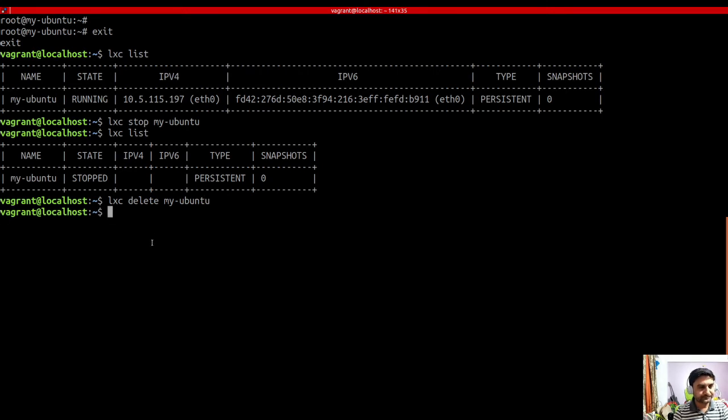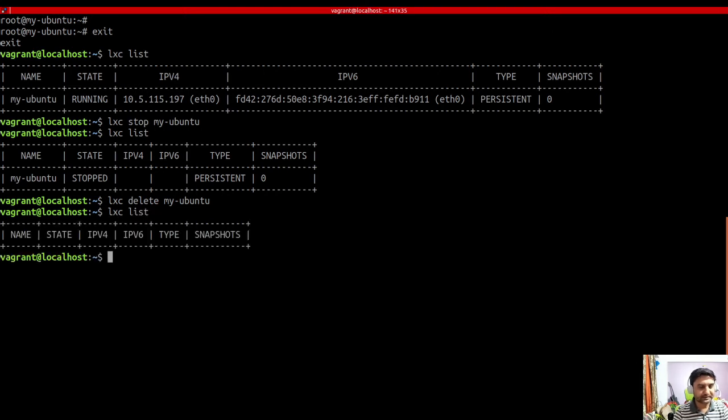I can delete, and if you run LXC list, okay, the container is gone. So let's do one more machine to be created, just to show you the image is not going to download every time. So I'll create one more machine, LXC